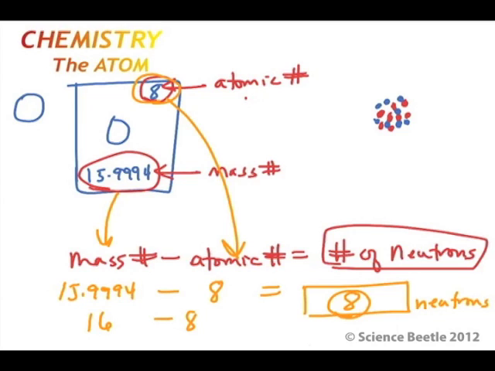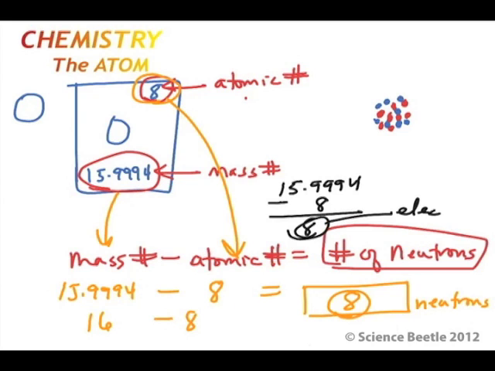And if we did that, then essentially I have to look at the orbitals. And the way we figure out the number of electrons here is we're going to take the mass number, which is 15.9994, let me just write that here, and from here, we're going to subtract the number of neutrons that we just calculated. And this is going to give us essentially 8. So we're going to have 8 electrons